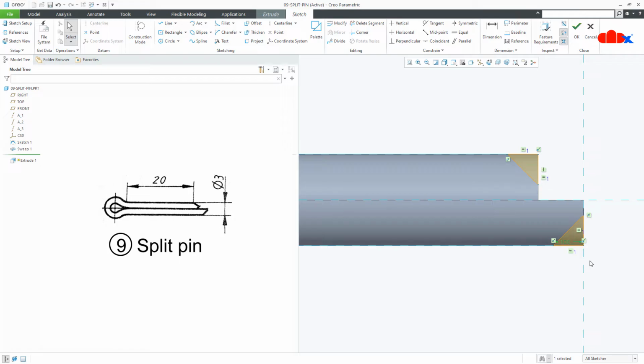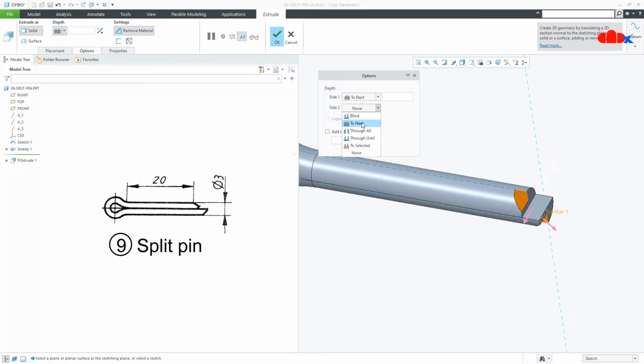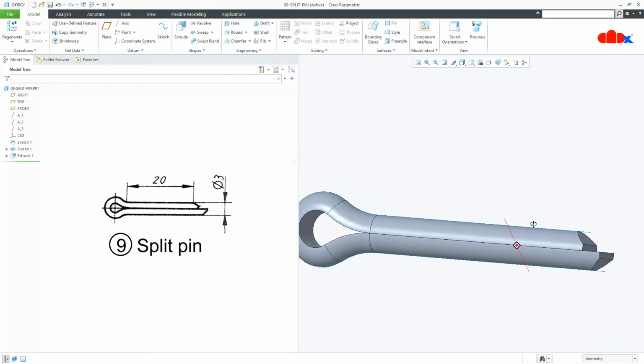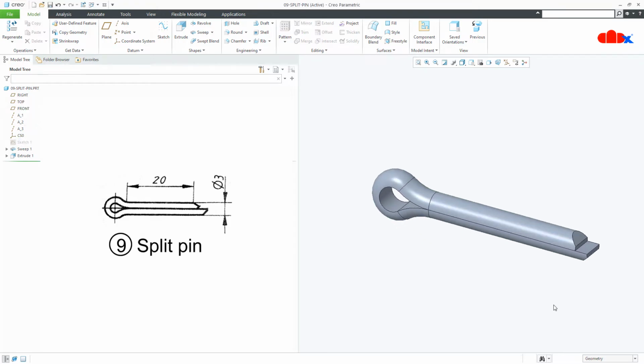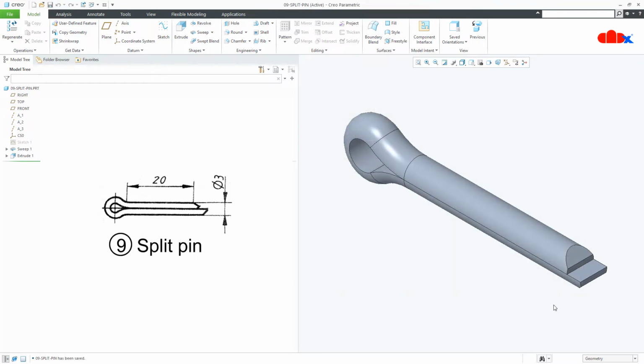This will make it 1 and say OK. Go for remove material, to next and to next and say OK. Hide the sketch and save it. So this part is also done.